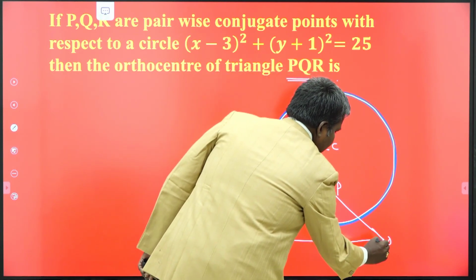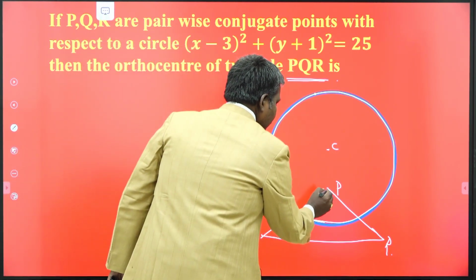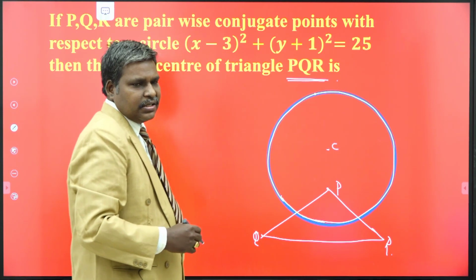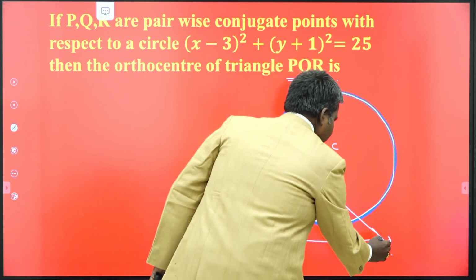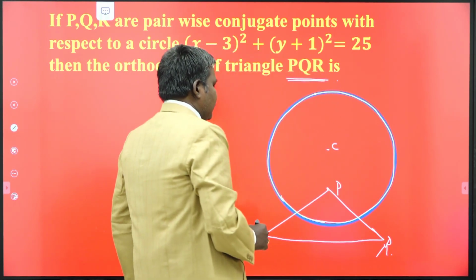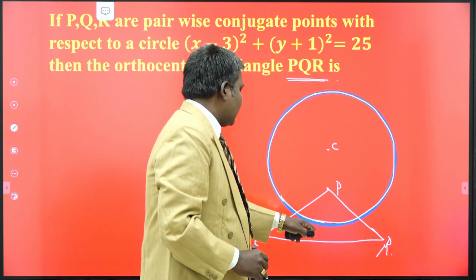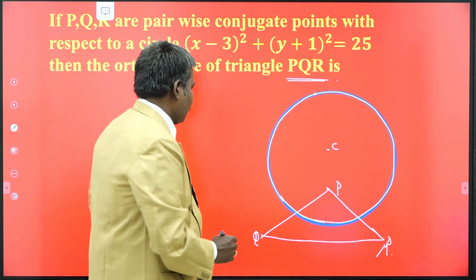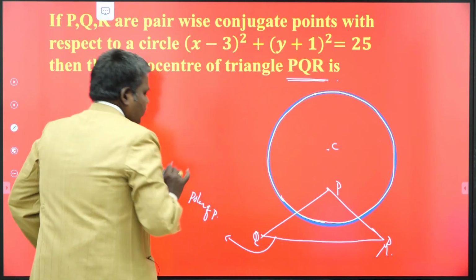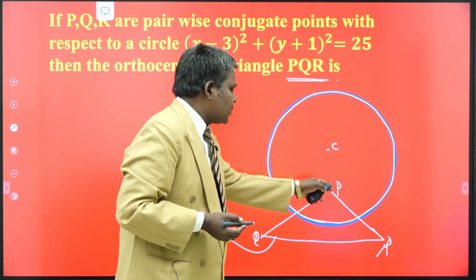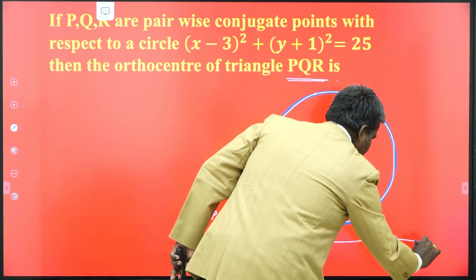Why are you taking it in this manner? I will explain to you. Dears, the point is here. Is its polar completely outside or not? Yes. The point is inside of the circle, your polar is outside of the circle. This is R. Suppose your point is P here. Q, R is the line joining Q and R. This is, I am saying, the polar of P. It is clear because the point is inside, your polar is completely outside of the circle. So this is the polar, you take it in this manner.